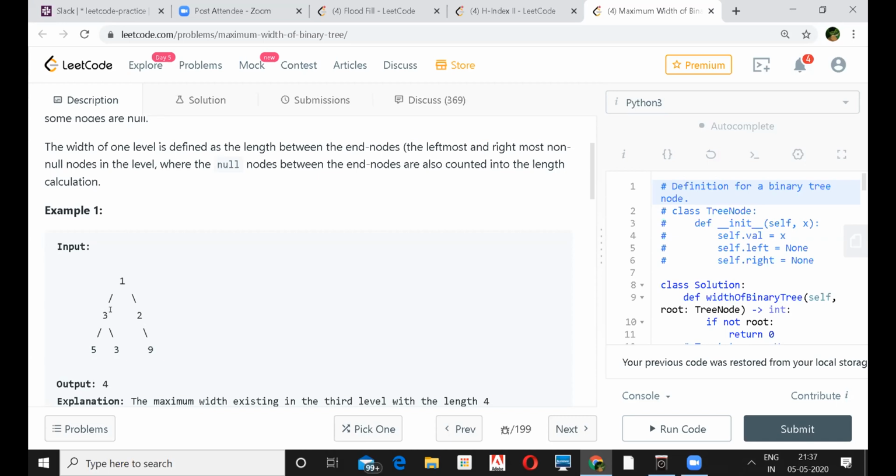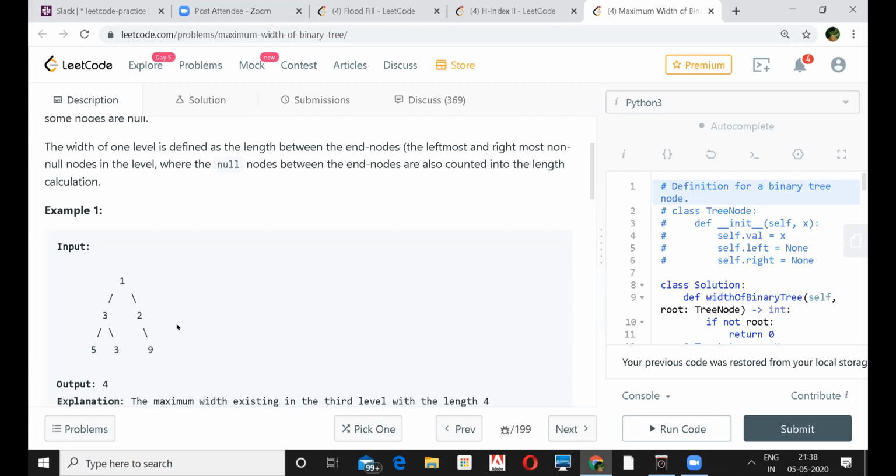So when I come to 5, it will be still 0, right? And the third level 3 will be 1, so 2 into 1 plus 1 will be 3. So 3 minus 0 plus 1 will be 4.